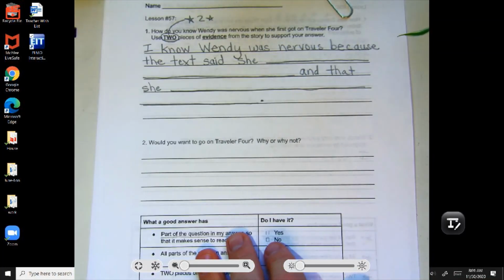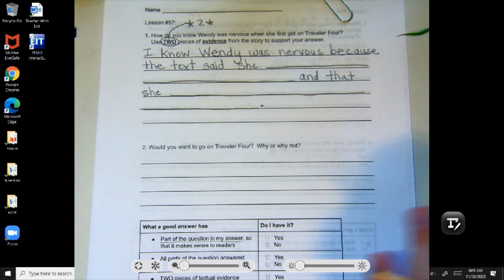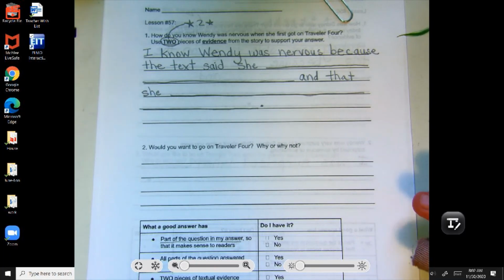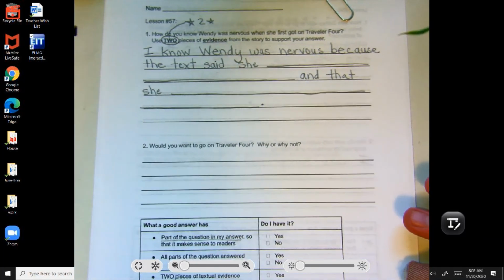Boom. Right? So, scholars, if you're not sure of this, go back, reread the beginning of today's story. Think about what is it that we read that told us she was nervous, right? How do we know she was nervous? It's toward the beginning of the story if you need to do some rereading. Then number 2,